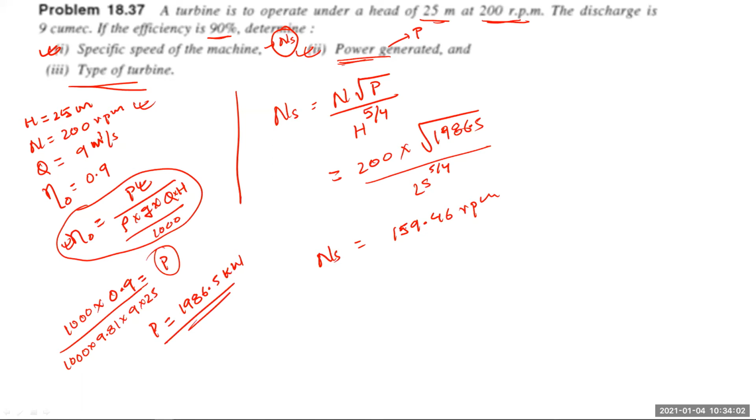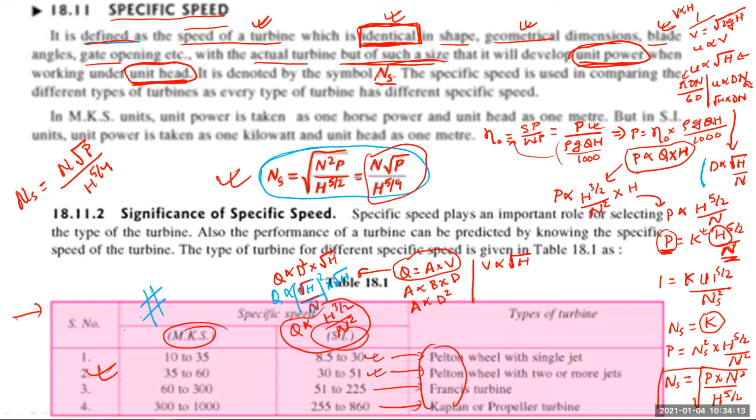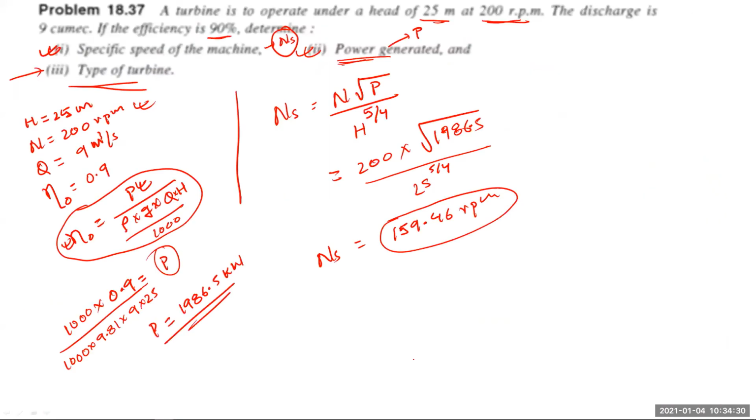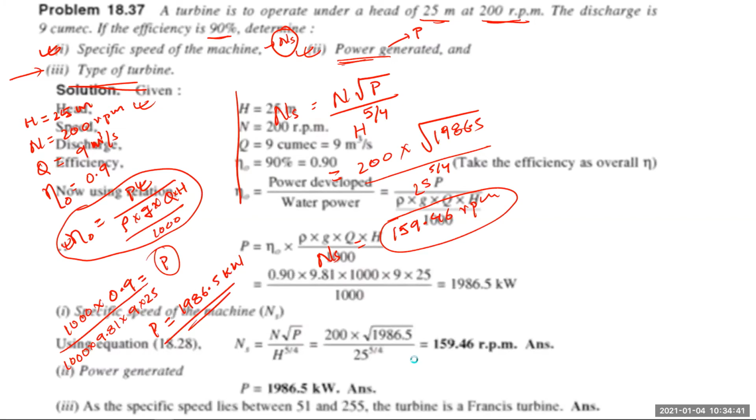Now you have to see which category this value is coming under. In your examination, if they ask the type of the turbine, then they will give you this table. If it is not given, then they will not ask which type of turbine is suitable here. You can see here that the value is coming in this range, and this is suitable for Francis turbine. So you can use your Francis turbine for this. This is how we solve the numerical. The solution is there on the background, and I have told you how to solve it.